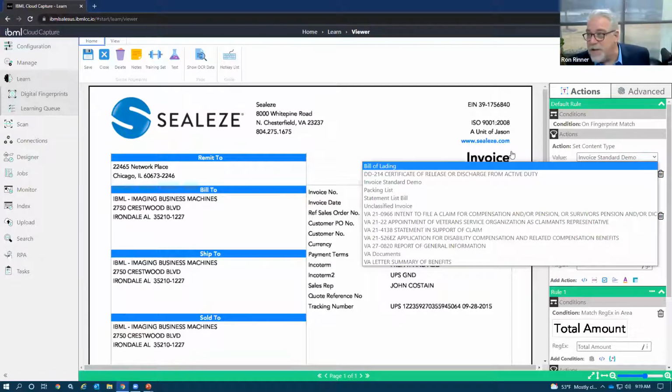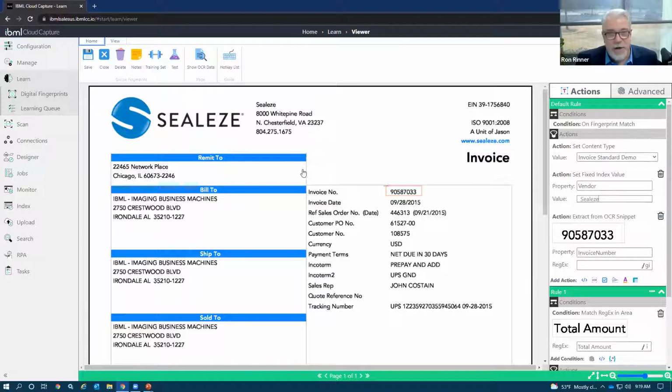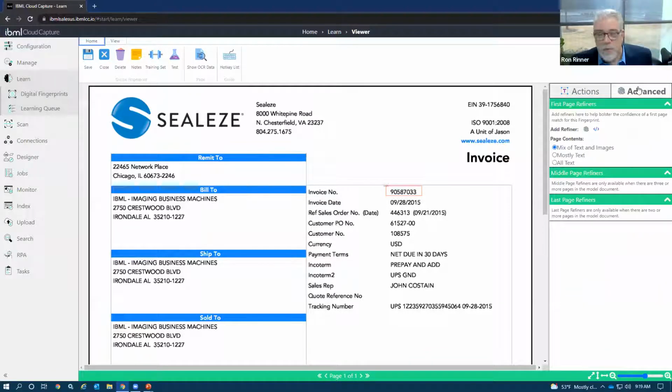The software is very good at distinguishing small differences like invoice or freight bill. And it does that, by the way, through the use of a couple key technologies. At its first pass, it's always looking at all of the content on that page and how it's laid out.